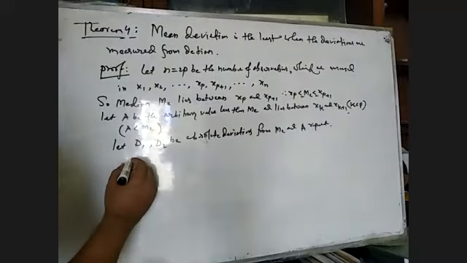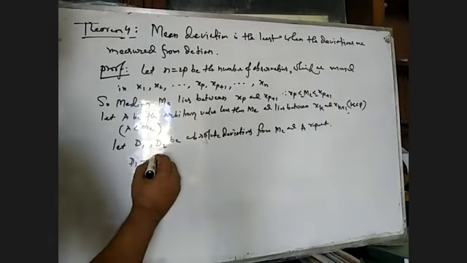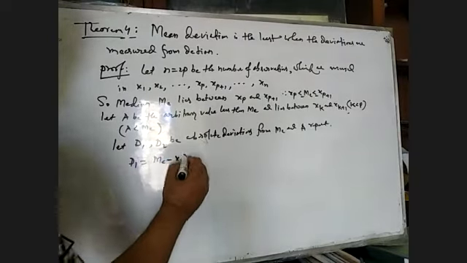That means d1 can be written as the deviation from what? The median. So we can write d1 equals